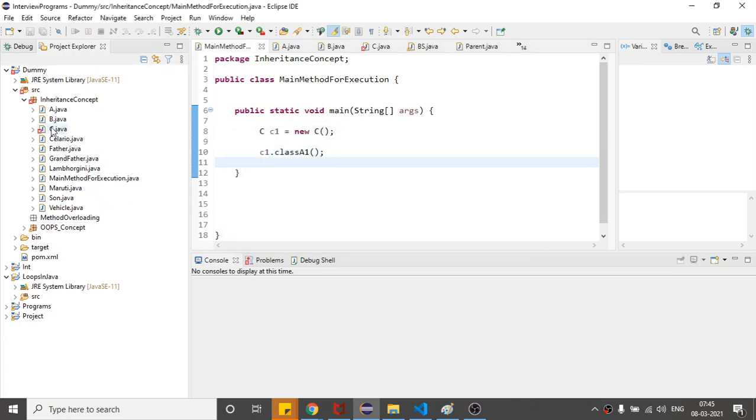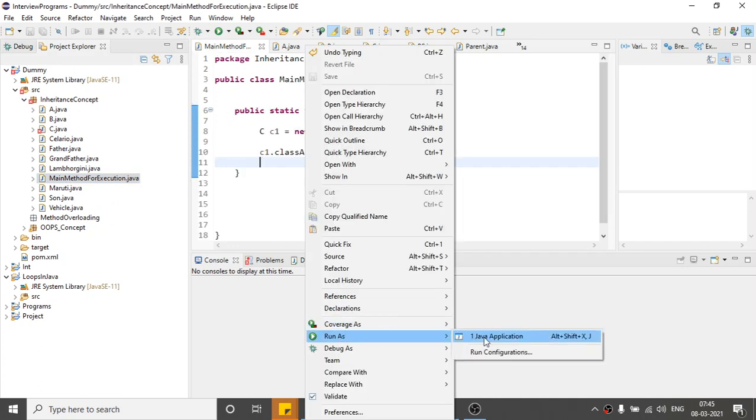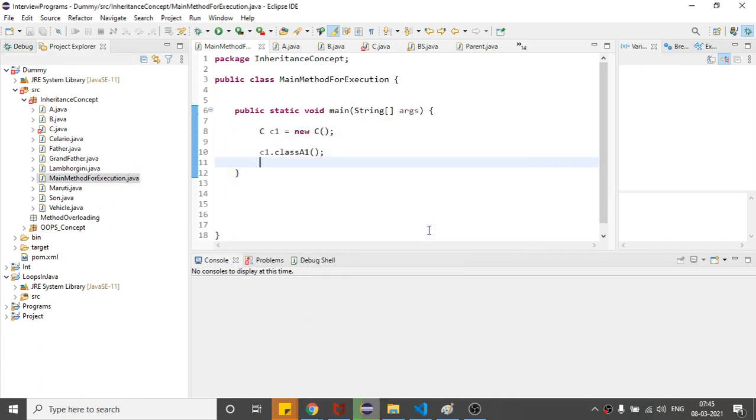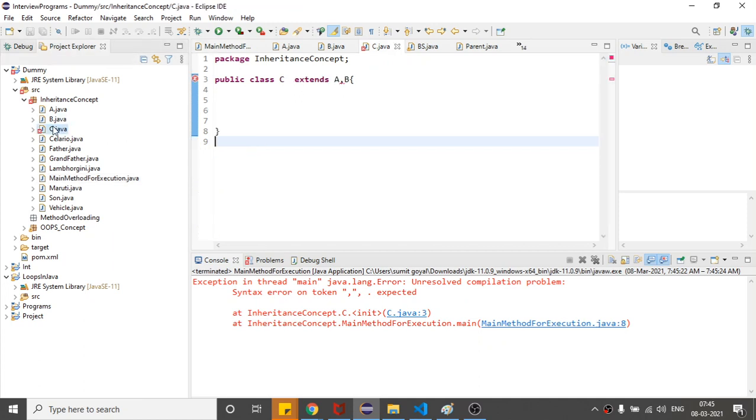Okay, so you can see one error is coming at this point because this is the error, right? You cannot do A comma B, and if I run it, it will not run. You can say exception in thread main. So it says syntax error,